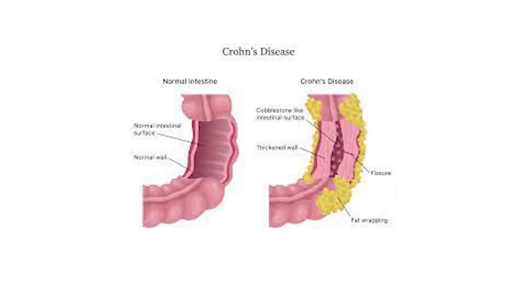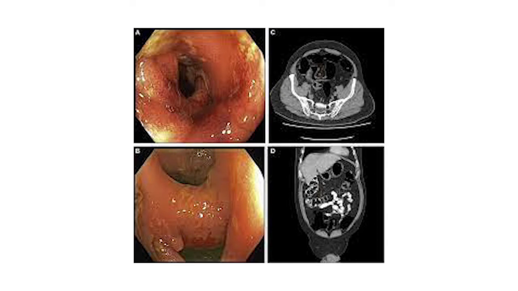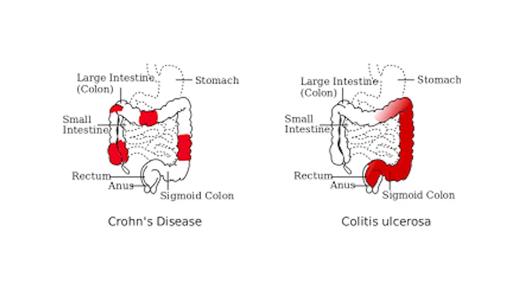Dear students, you can watch this animated image on your screen. That is the image of Crohn's disease. You can see the normal intestine there, and the Crohn's disease large intestine is also there, which shows narrowing of the lumen of the colon, thickened wall, and fat wrapping around that colon. The next image, taken endoscopically, shows thickening of the inner layer also, and the second image is from the CT abdomen. Here is another animated image showing the large intestine, the colon. The red area shows Crohn's disease, and in the second image, the red area shows ulcerative colitis.